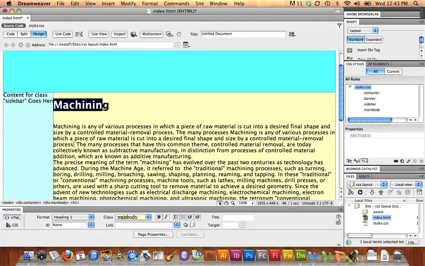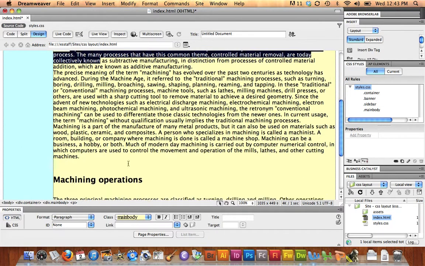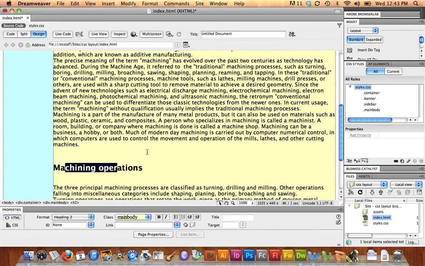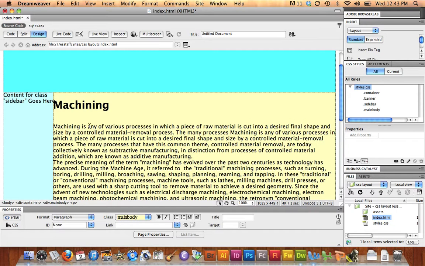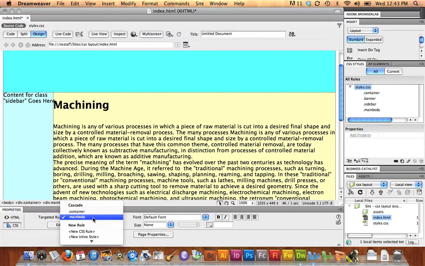So I've got 3 HTML tags going on here. Heading 1, paragraph, and heading 2. And what I'm going to do is go into my CSS rules and now make some formatting changes to heading 1, heading 2, and paragraph. So I'm going to start by going into my CSS palette, either in properties or the palette itself would be fine, and I'm going to make a new rule,